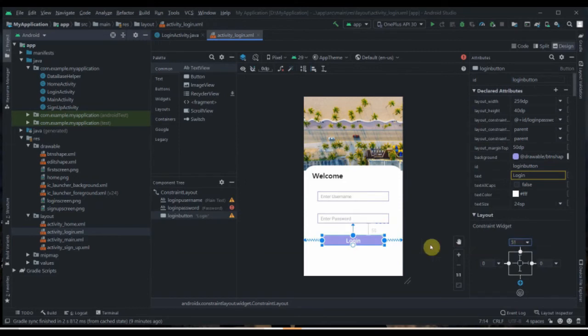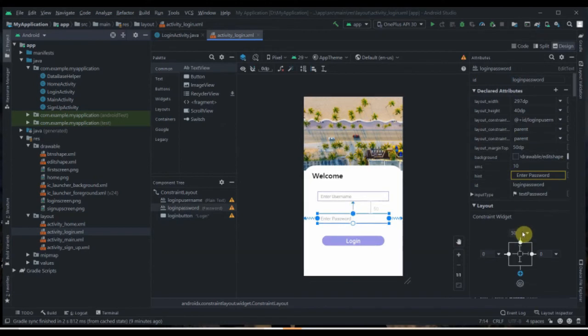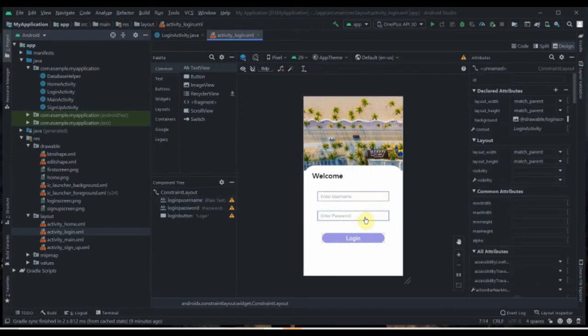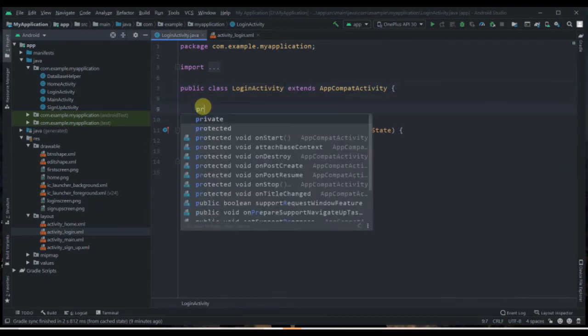So this will be 51, and we'll constrain it to upper edit text. So this will be 39. Okay, so cool. Now I'll just initialize them in our login activity.java. So private